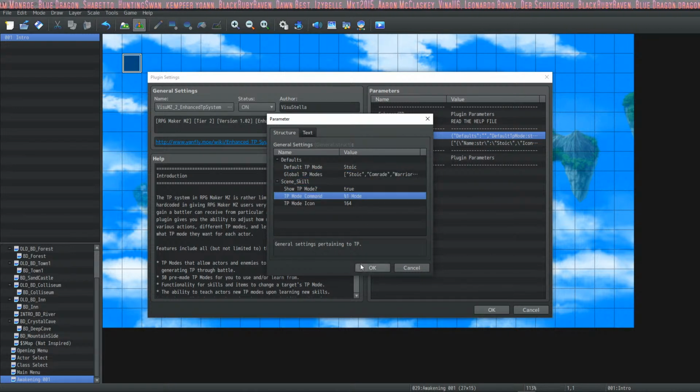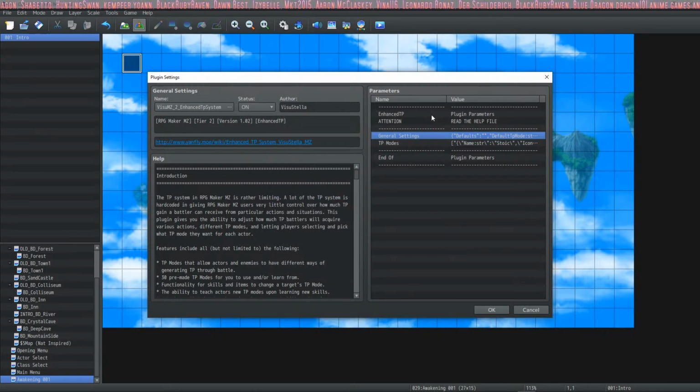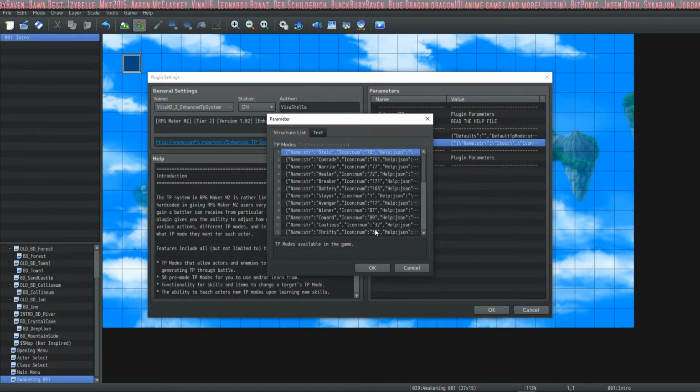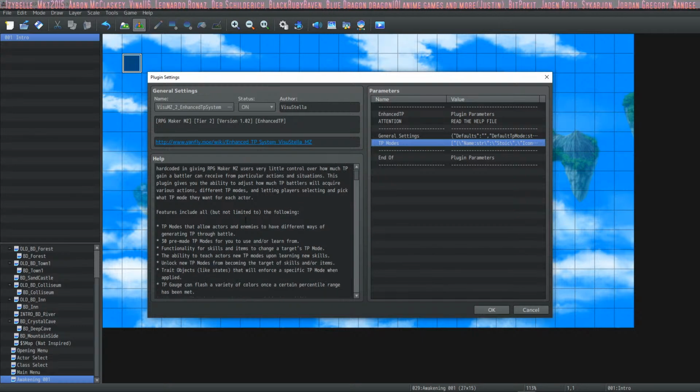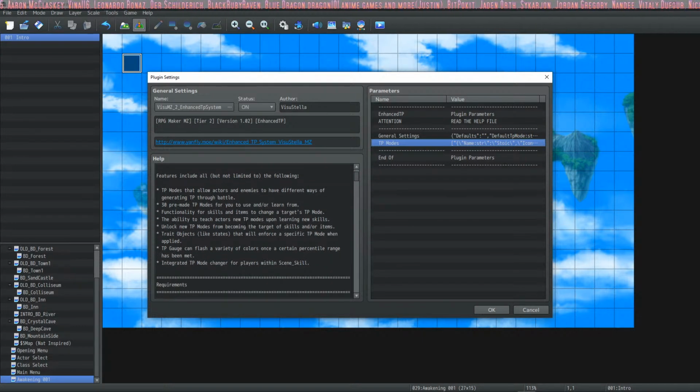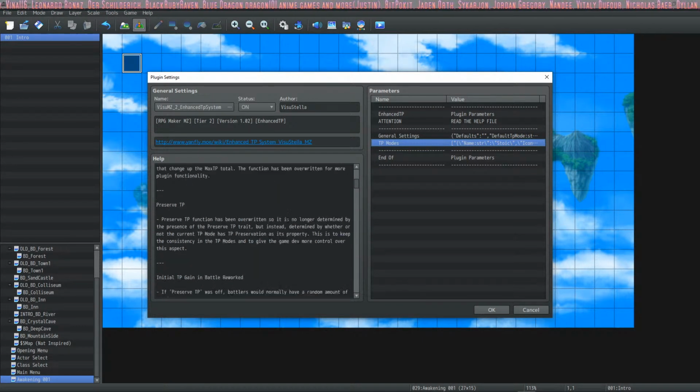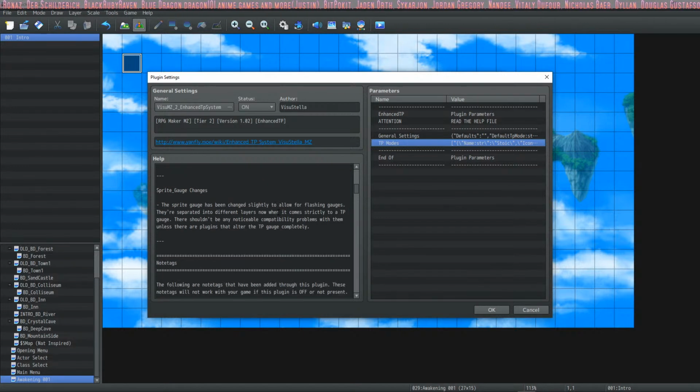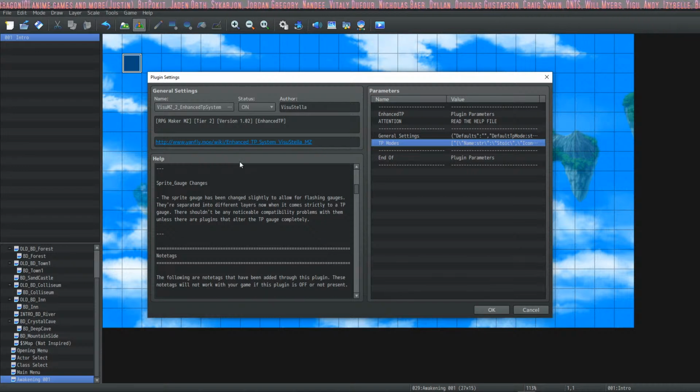Show TP mode. These are the modes. It's like the default setting of the enhanced TP system when you put it in.